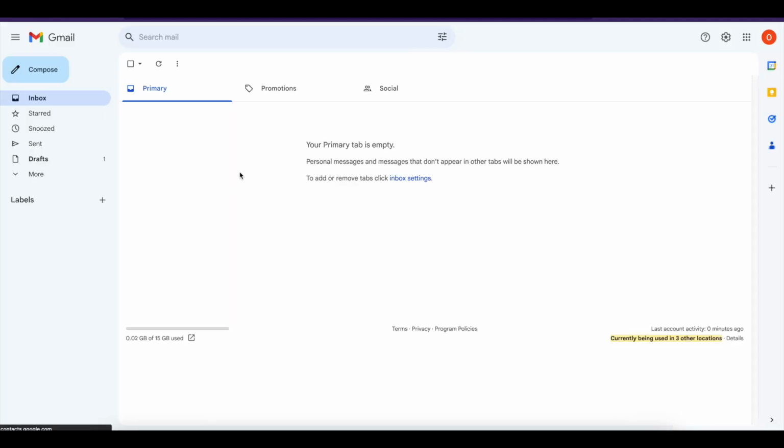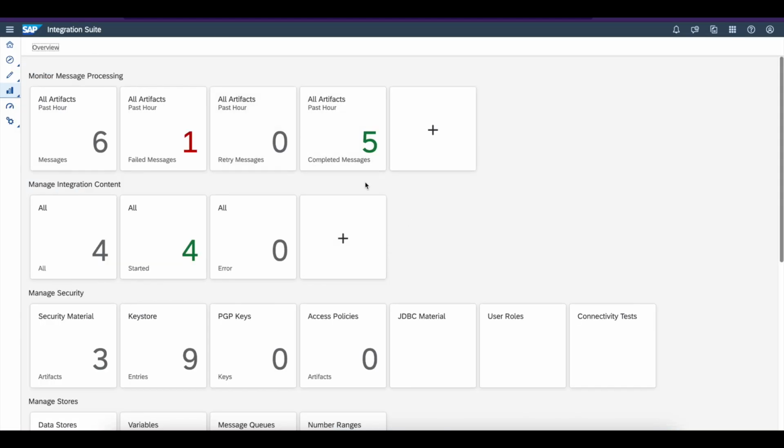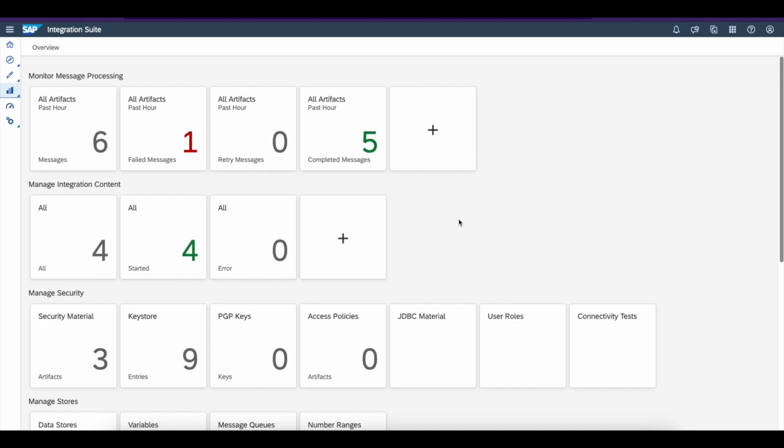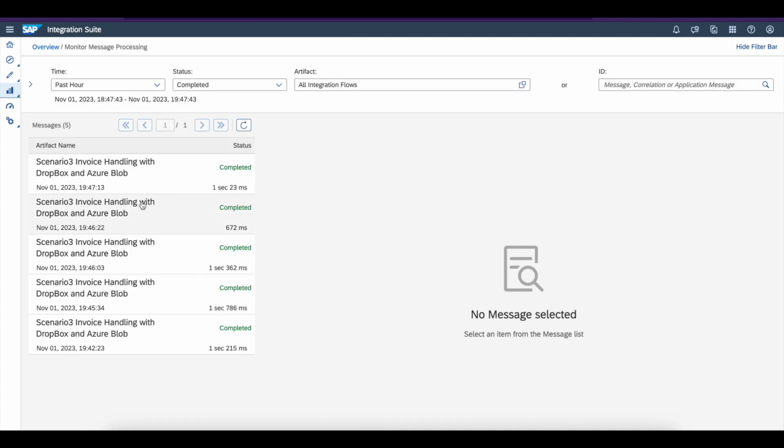Okay, let me go back to the CPI. So now I refresh the email, there are no emails, everything is read and deleted. Let me go back to the CPI monitoring. You see, if you go back to the monitoring, in the message processing section, we have 5 artifacts. You see 5 all completed,